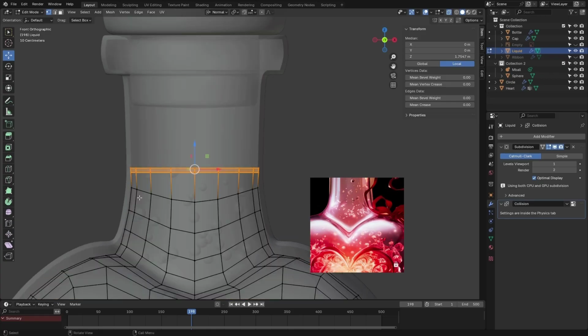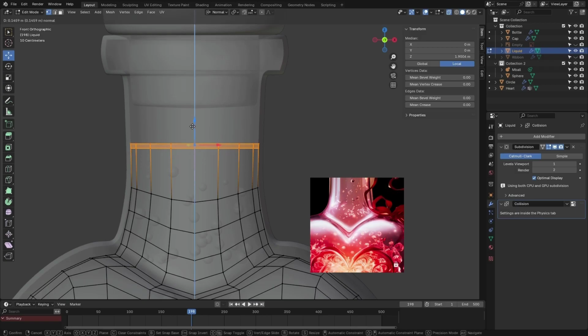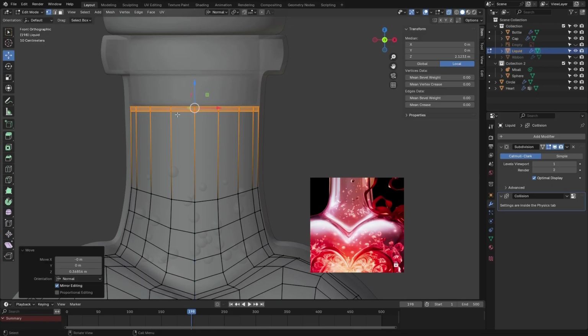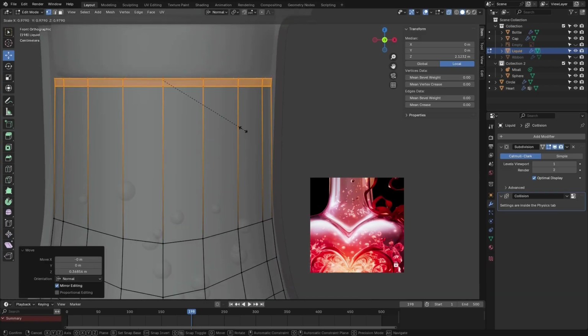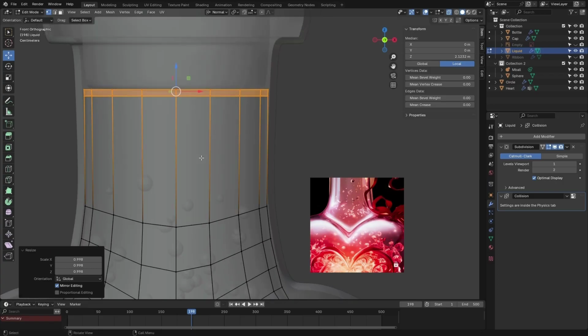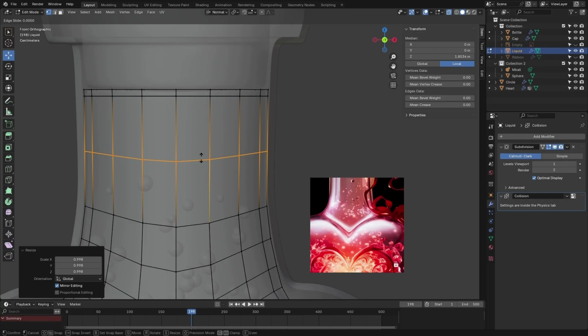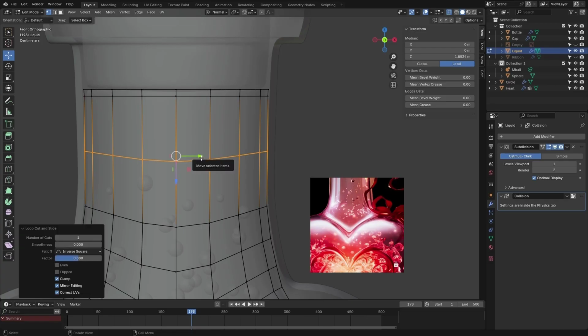Let's grab this part, go up right there. It goes out, so let's go scale it down, and right about here, insert edge loop and scale that edge loop a bit,